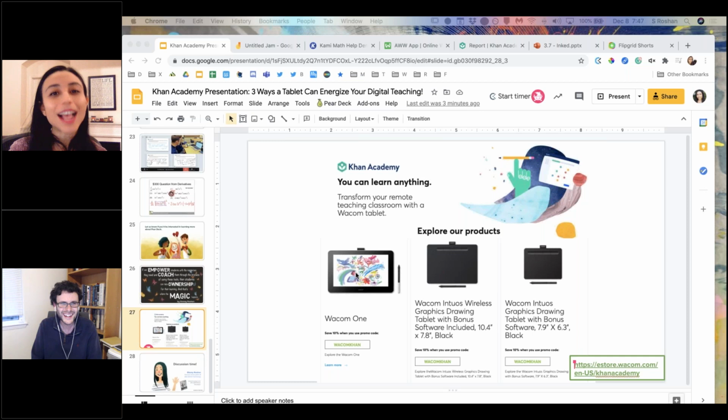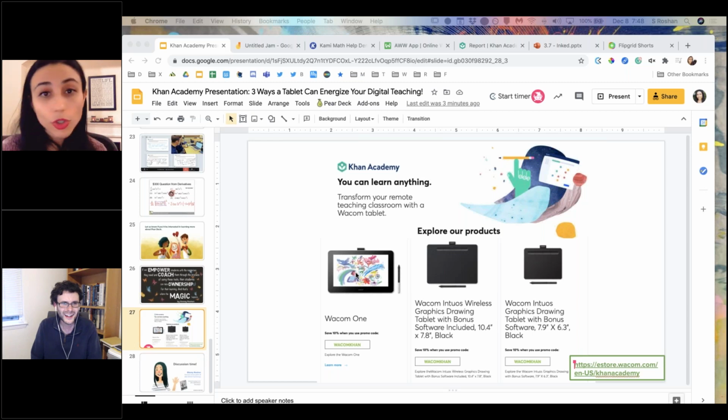So it feels a lot more comfortable. I definitely like my Wacom one, what I use more often. I use it for making my videos. I also use it for grading student work. For grading student work, I actually use Kami. Students just turn in a PDF. I open up the PDF in Kami, and I'm able to handwrite all over it. I'm also able to leave video comments and voice comments because we have a paid subscription to Kami.